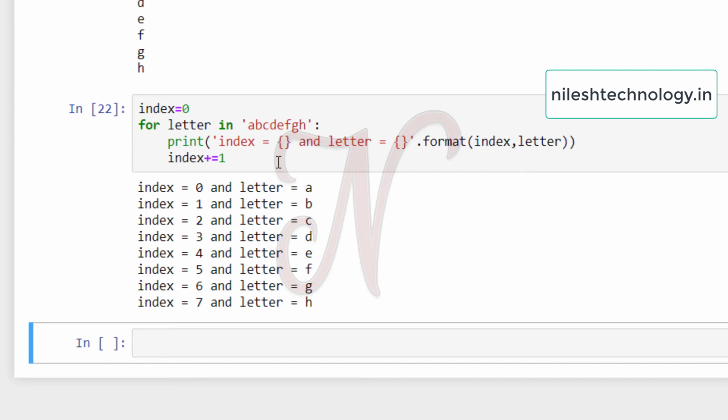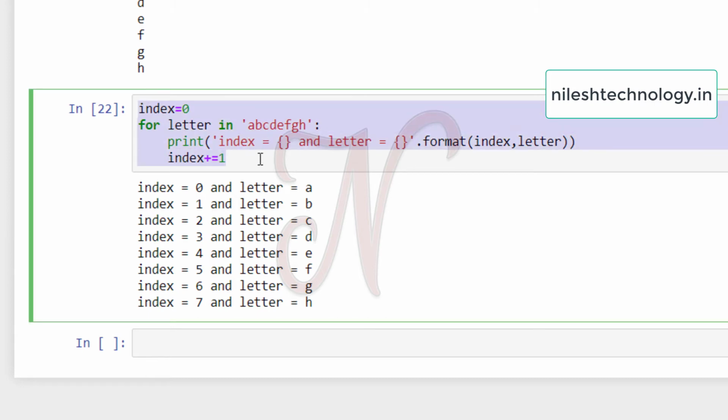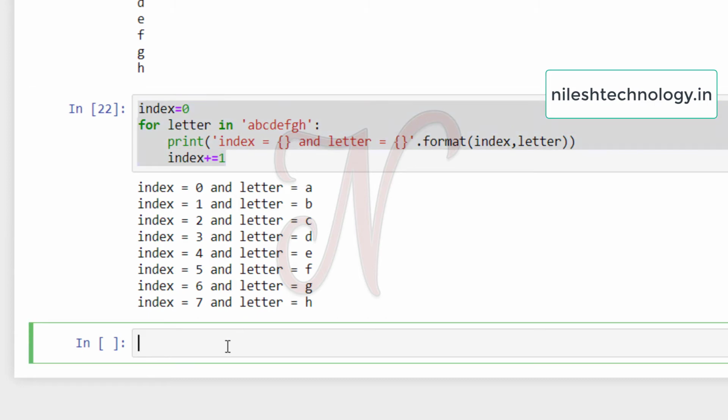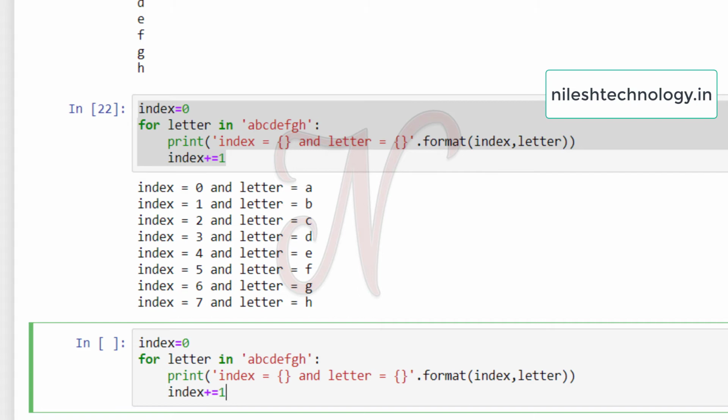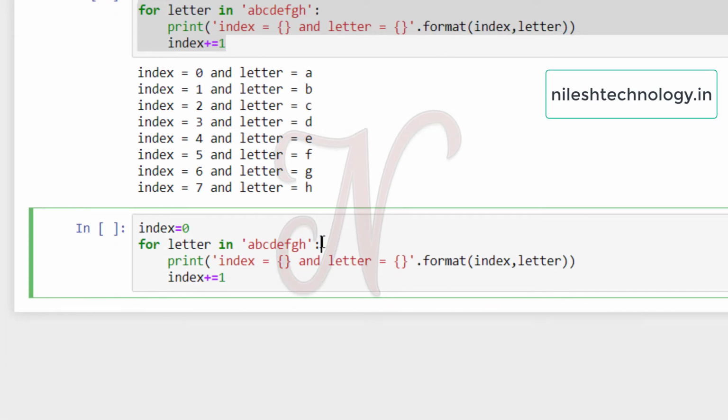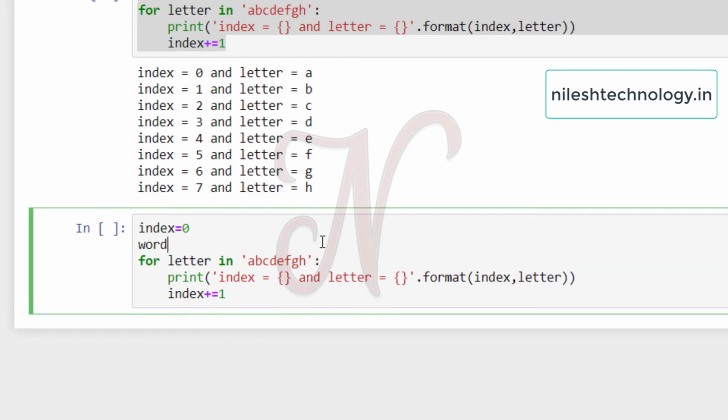One more way to do this example is by using the enumerate function. See here how to use it. I will copy paste this code here. Index equal to 0, for letter in, this string is assigned to one variable.